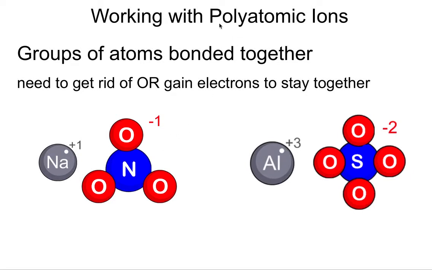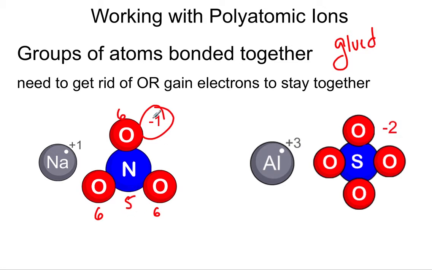Now the first thing, poly means many atoms bonded together. You could think of these guys as just glued together. So the nitrogen and the 3 oxygens here, these guys want to stay together. The only catch is they can't do it unless they have one more electron than what they normally bring to the table. Nitrogen has 5 valence electrons, oxygens have 6 valence electrons each, but that's not enough to bond and